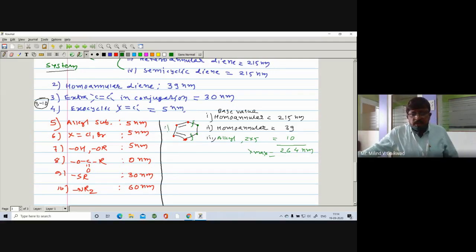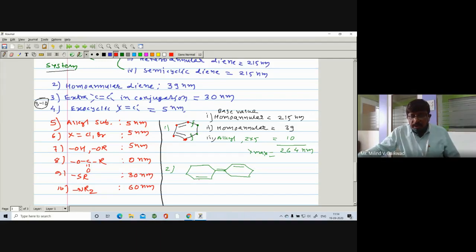Okay, so let us see number 1 and number 2. Here only I will take. Look here, suppose I take such a type of question. Here there is a pi bond, here is also a pi bond, and here is a ring, here is the ring, a pi bond, and here is also a pi bond. So your system starts from here.